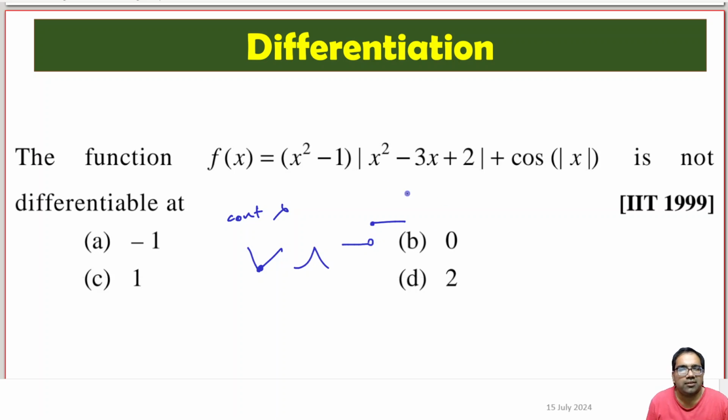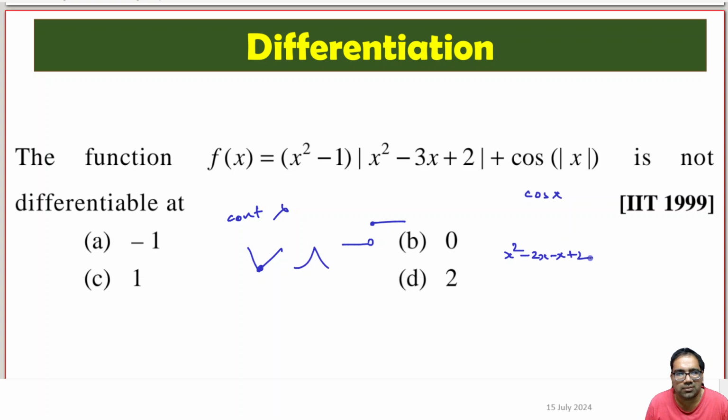like this. Okay. So in this function, there is an absolute value of x. Cos of absolute value of x is cos x only. Right? Because cos of minus x is also cos x. Cos of plus x is equal to cos of minus x. So absolute value doesn't do anything to cos x. So this is fine. But we have x square minus 3x plus 2, which is nothing but x square minus